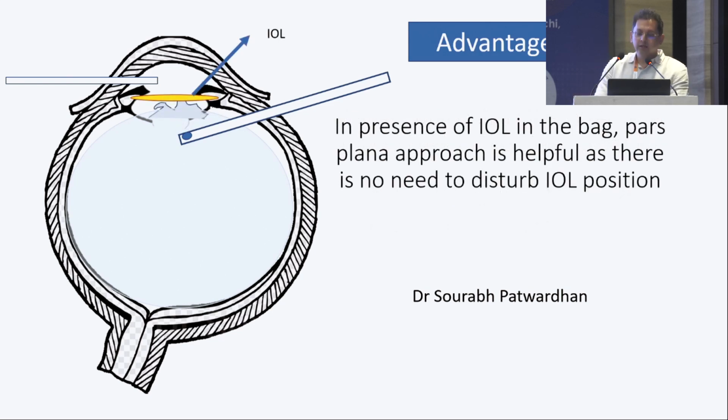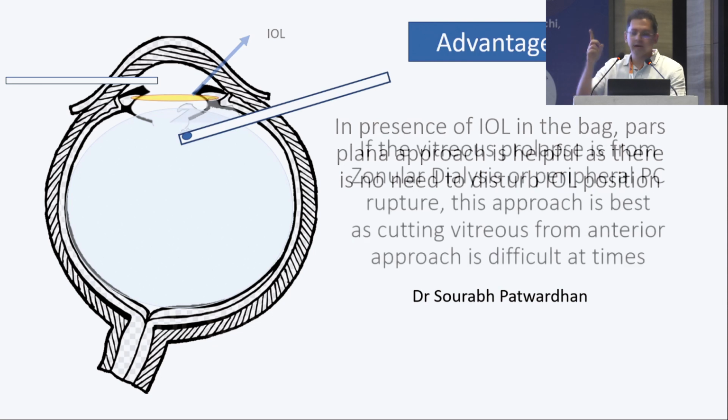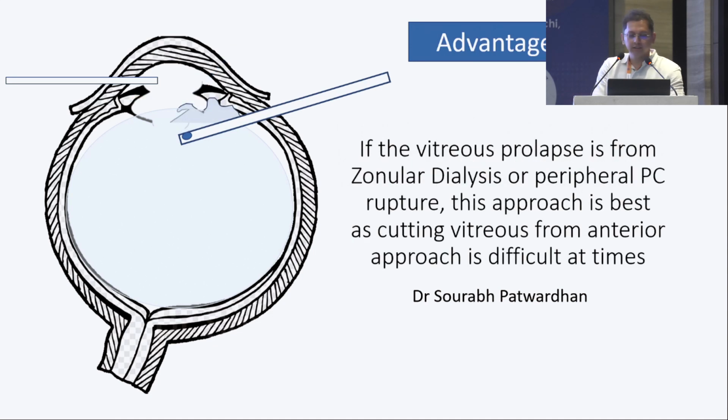Another very good point where it is really useful is when there is already an IOL in the bag. In such cases, if there is a vitreous strand coming from behind, going through the anterior route, navigating around the IOL and cutting that vitreous is sometimes an issue. If you go from the pars plana route, you can cut from the source, from where the vitreous is coming to the anterior chamber. Sometimes these vitreous strands are going right across the IOL, going into the peripheral incisions,